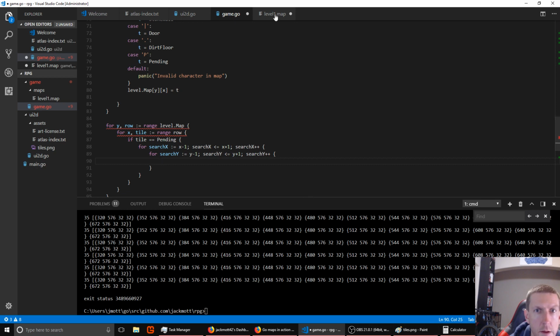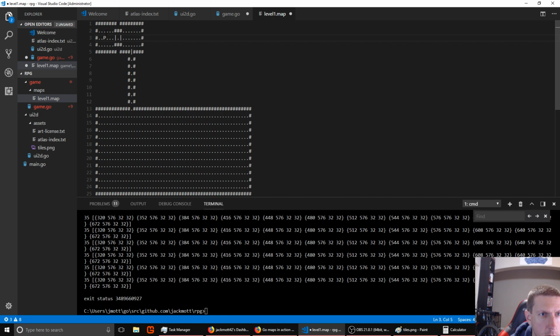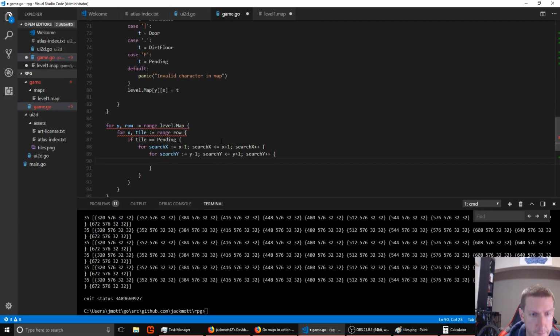So what we're going to do is we're just going to look all around at all the adjacent squares. And the first one we find that's a floor tile of some kind, we're going to set it. So right now we only have dirt floor, but eventually we'll have more, so we'll need to search. So if level.map search y search x, let's do this, search tile equals, and we'll switch on it. And we'll say